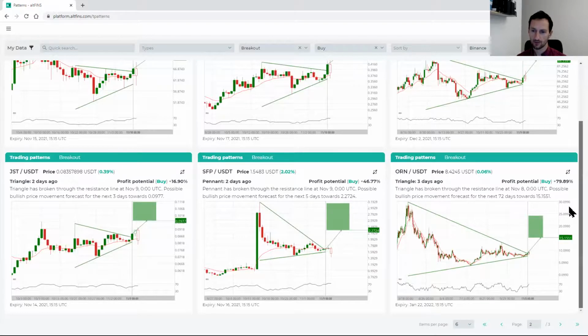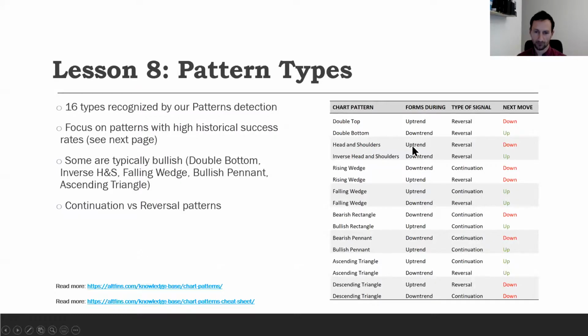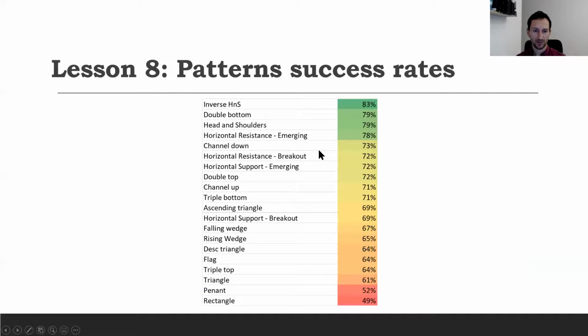JST. Ooh, look at this triangle. Triangles in general don't really have very impressive success rates. They're all the way down here, 60%. Not something I'm crazy about, because triangles generally indicate indecision. Now, of course, once there's a breakout, then that shows that the buyers are more eager than the sellers. But I prefer